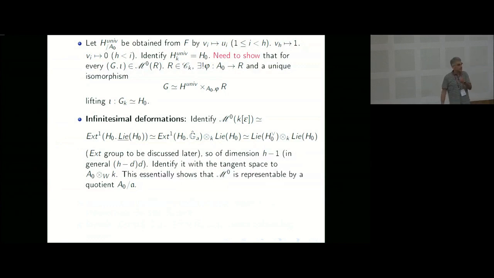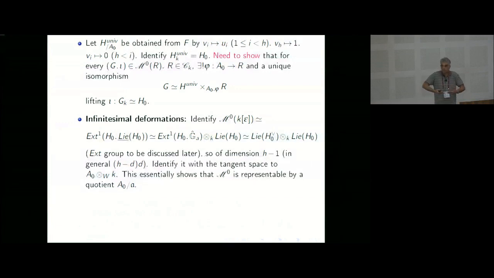And this is when you evaluate the deformation functor not at k, where it's just a point, but at k epsilon, where this is the ring of dual numbers as before. And this is a fun exercise, because if you have such a G iota over k epsilon, you can view it, instead of over k epsilon, just over k, by restriction of scalars, so to speak. Or actually, you forget the epsilon. But then it becomes of twice the dimension, two-dimensional, and maybe twice the height, everything is twice.